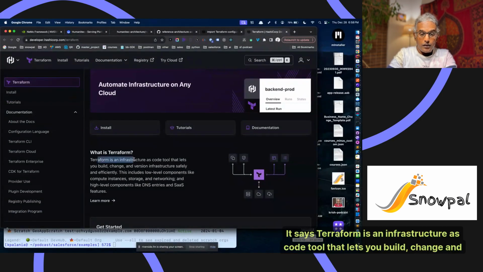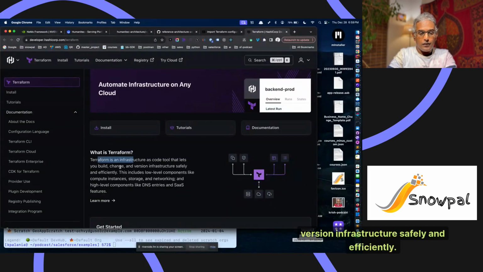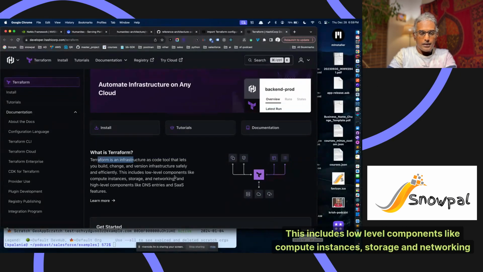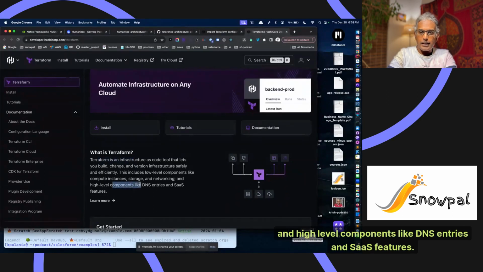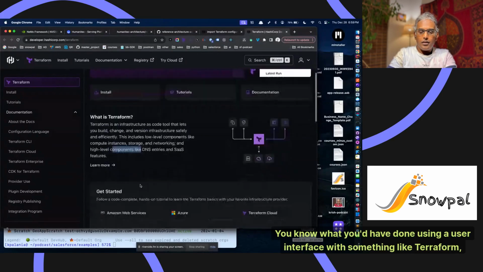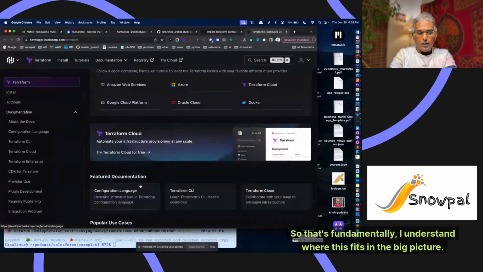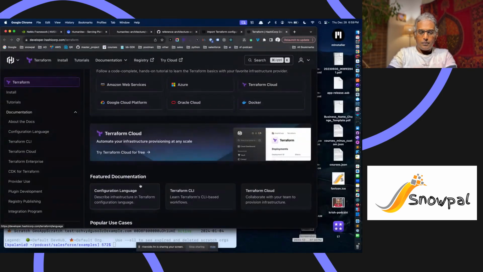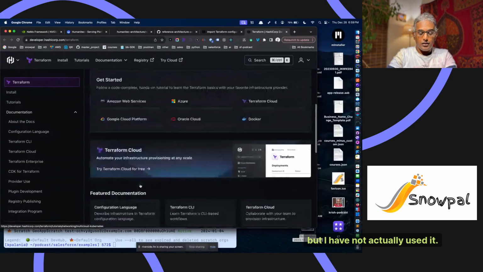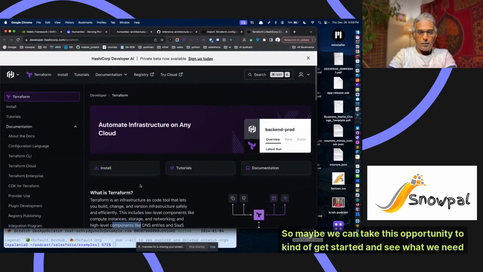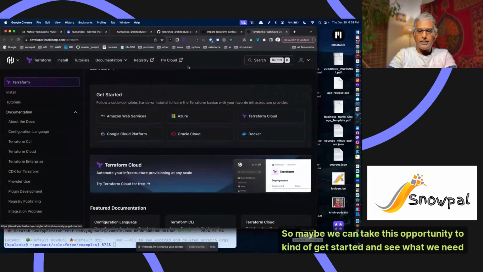It says Terraform is an infrastructure as code tool that lets you build, change, and version infrastructure safely and efficiently. This includes low level components like compute instances, storage, and networking, and high level components like DNS entries and SaaS features. What you'd have done using a user interface, with something like Terraform you can do through configuration. So fundamentally, I understand where this fits in the big picture, but I have not actually used it. So maybe we can take this opportunity to get started